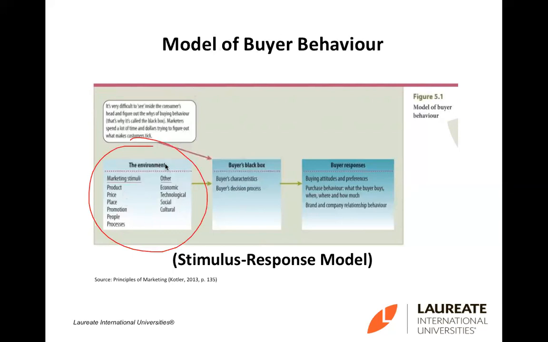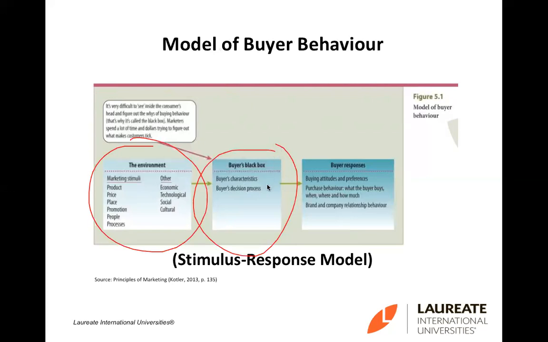Okay, and aside from that, we know that our customers are also under the influence of the macro environment, such as economic, cultural, social, technological. Okay, that also influences the customers' decision making. Now this is the black box that we talk about. We know little, that's why we call it a black box, but we know that the black box itself